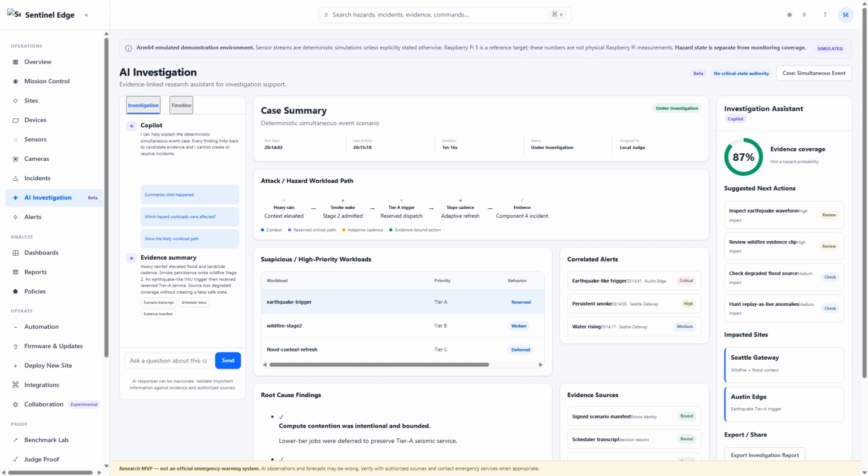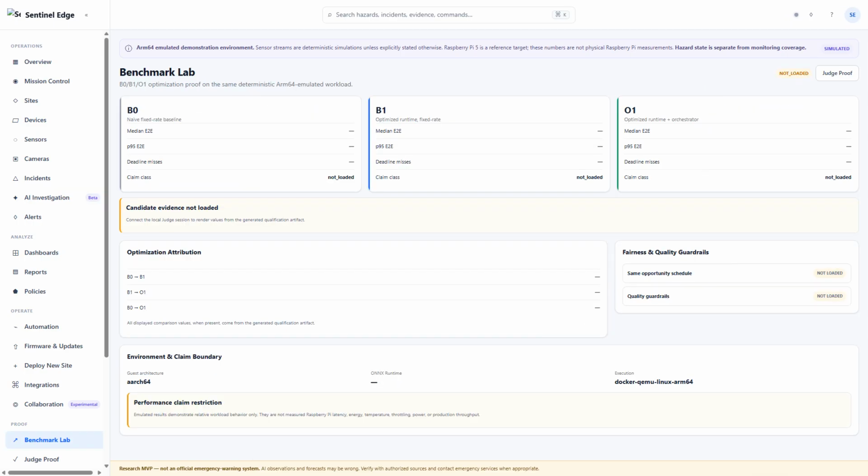These are not UI shortcuts. Simulated observations travel through the normal processing pipeline, and the incident and event engine remains the sole authority for incident state. Each incident keeps its timeline, evidence, provenance, uncertainty, and monitoring context. AI-assisted investigation can help explain what happened and recommend next steps, while deterministic application logic remains in control of authoritative